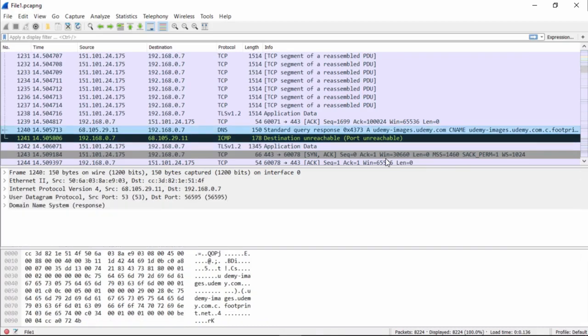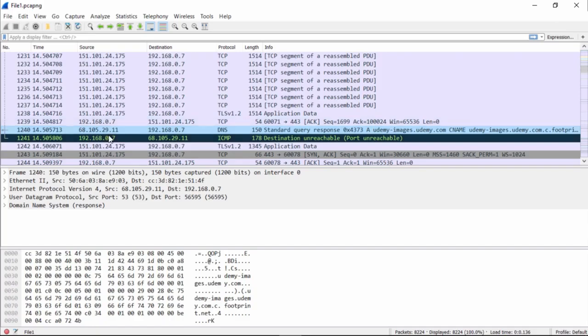So 1240 is the actual request, which was a DNS, domain name server query. So as you see, this was a Udemy request, but it was responded to with an ICMP type 3 destination unreachable and a code 3. Why? Because this request went to port 53. Remember, that's a door on the machine, and that door was not open. Right? So when you look at this packet 1240, we know that this was a DNS query and it uses